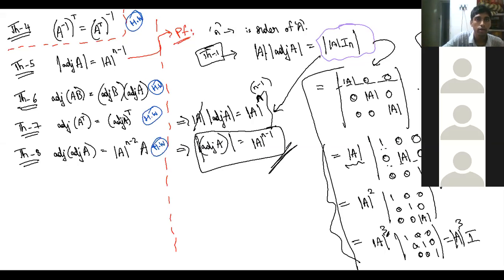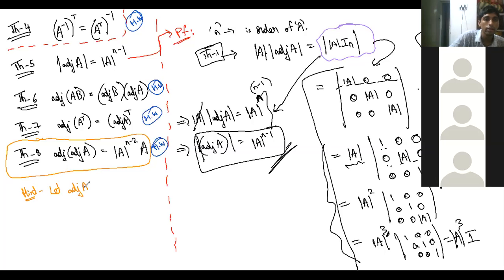Okay, I'll give 2 minutes, and I want all of you to try theorem 8. If you understood this theorem, do this right now. I'm giving a hint. Sir, how you are cancelling out A on both sides? I don't. Because here determinant is some number, so there is no problem. Okay, yes, right. Try this 8th theorem right now. Right now, I want all of you to try 8th theorem. Let adjoint of A is equal to B. This is a clue, and you try to prove this. Do it now, everyone try.